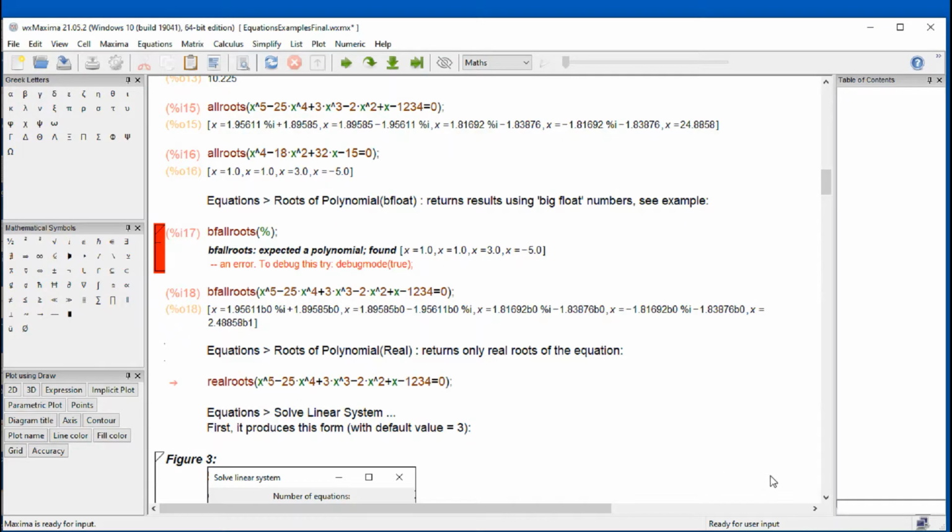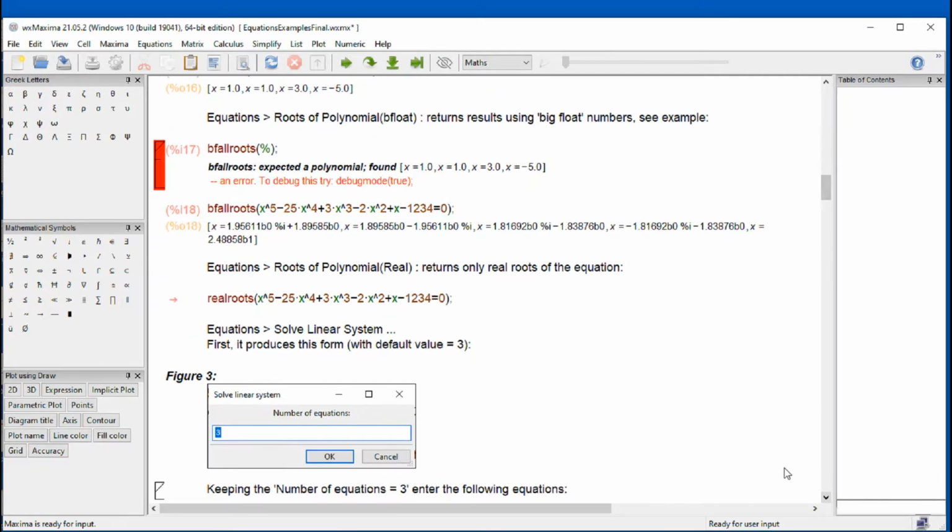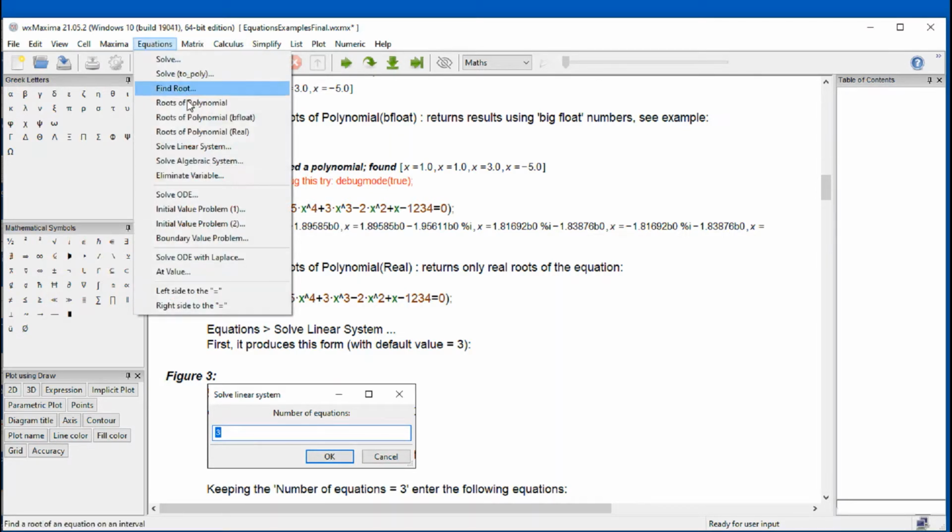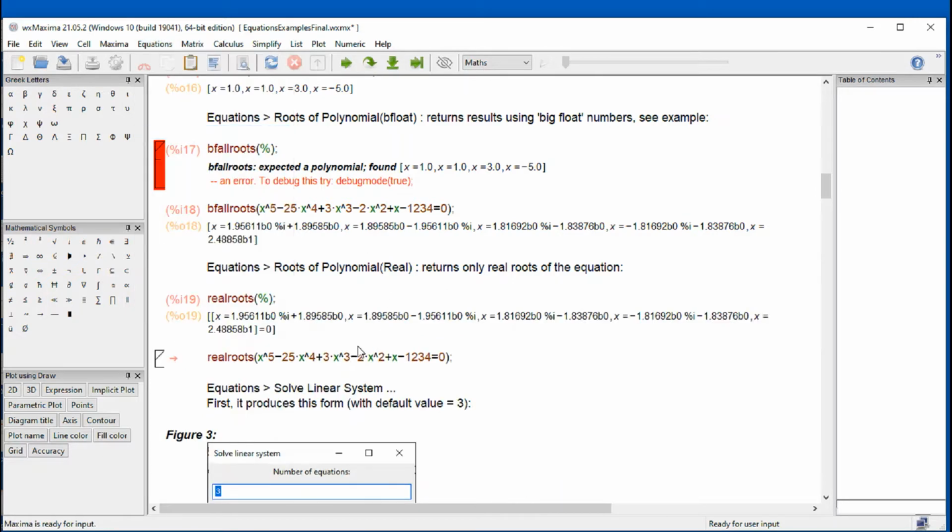Here we have equation roots of polynomial real. When you use that one, the command that is triggered is this expression, real roots. And in this case, we didn't do anything because we already have the solution. For the case of the fifth degree polynomial that we solved earlier, where we found that we have 4